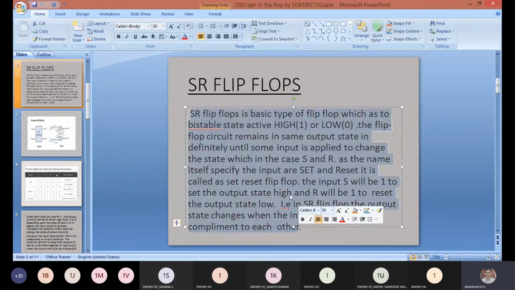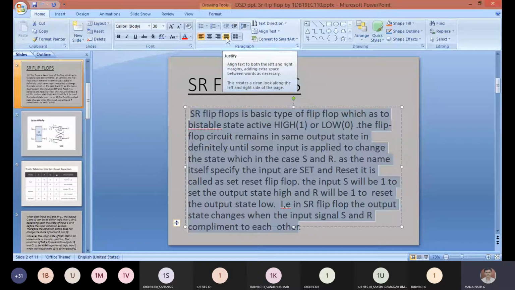See, look here, I have selected something. Is it visible, what I have selected? Sir, your voice is breaking. Now is it audible? Am I audible? Yes, what I have selected, is it visible? Whenever you give a presentation, you just look at the cursor, what I'm moving. You can see this option I'm showing, justify. You just click on that.